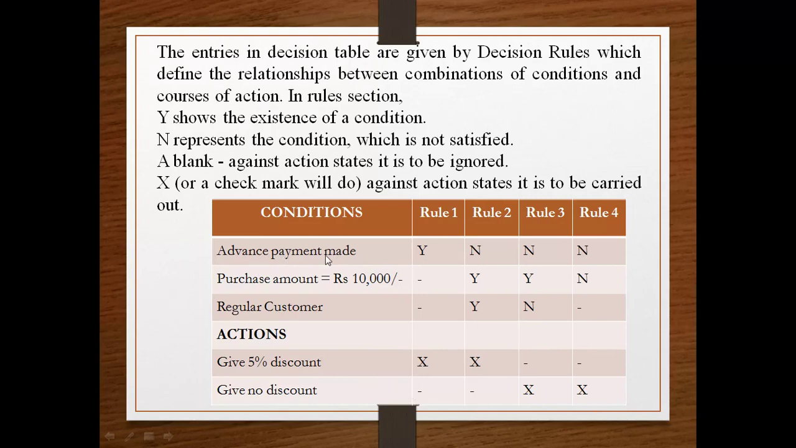Advance made, payment made, this is the first condition, then what rule should be applied? Purchase amount is greater than or equal to 10,000, what rule? If it is a regular customer, then what rule? Actions, what happens on the condition: give 5% discount, give no discount. Before going to a problem, let's see here with the decision table,